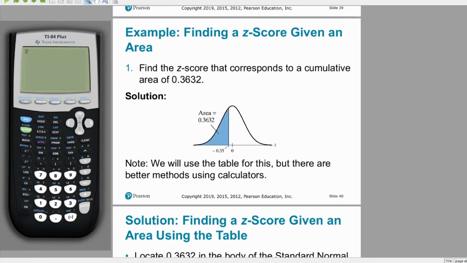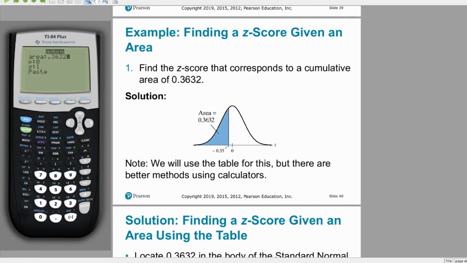And to do this, we go into our distributions, so second vars, and scroll down to our third option here, inverse normal. This is the function for specifically finding values given areas to the left. And that's important, that this function only works for areas to the left. But anyway, we get this. And here we have our values where we get the area, in this case to the left, is